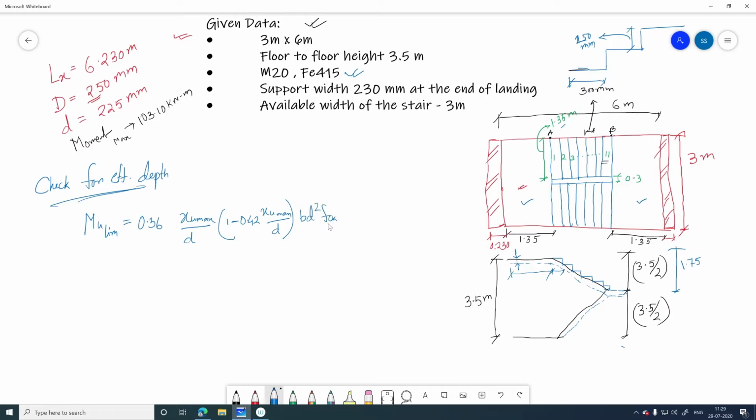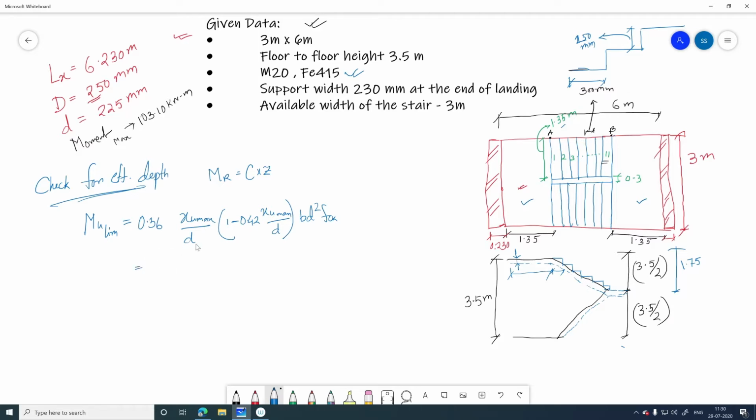Okay, you don't need to memorize this formula or use the code. You know the value of moment of resistance, that is C into Z. You know Z is the lever arm and C is the total compressive force. So you put the value and get this formula. Previously I have shown you how this formula came from this, so I am not going to do the same thing over here. Just put the value.